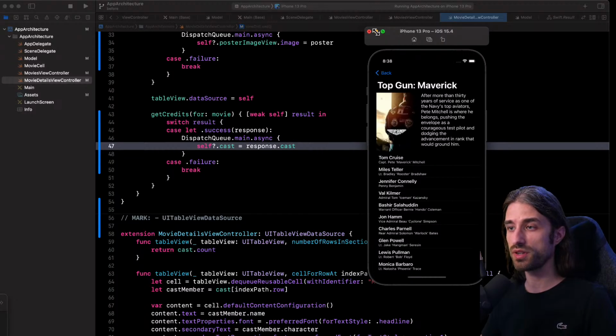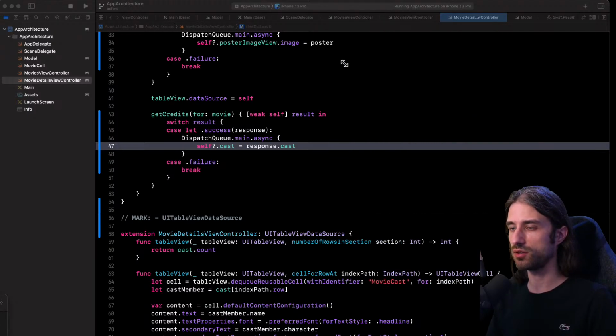And what's great with using the result type is that now we can only represent 2 states as a result of a network call, either a success or a failure, but there is no longer a risk of passing 2 nil values or passing both a result and an error, because these 2 states don't make any sense in the logic of our app.